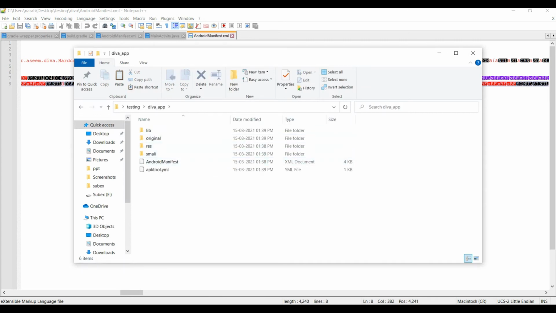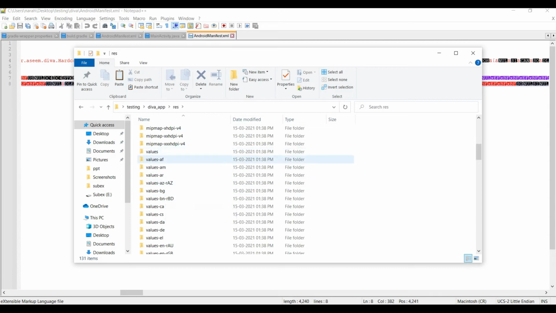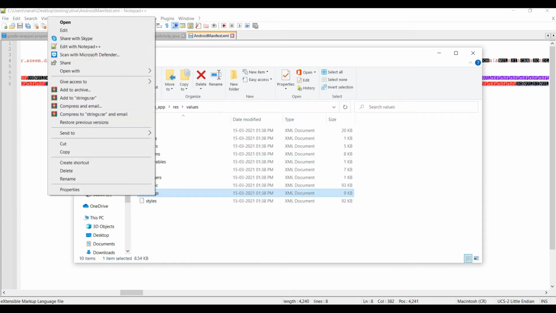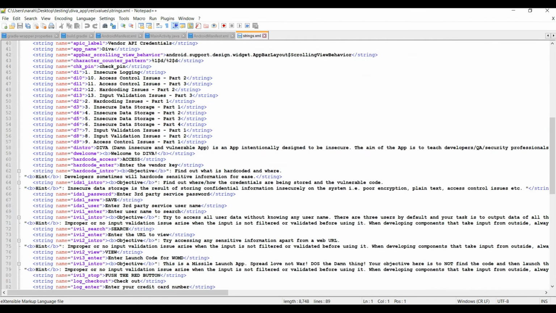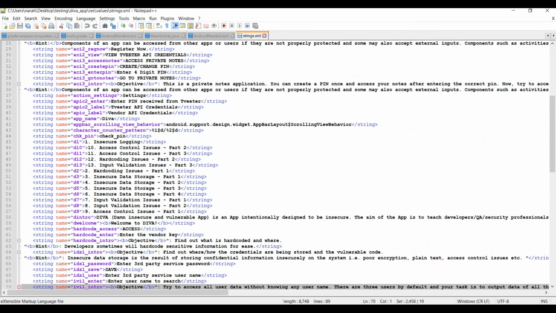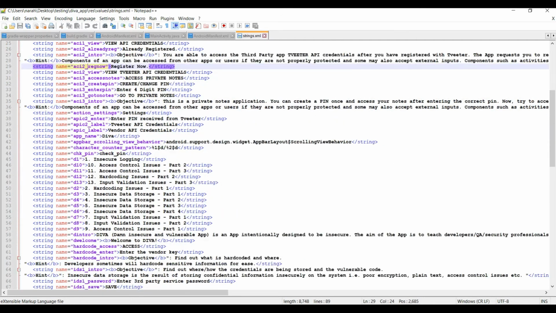After this, another thing is the values folder. The values folder is available in the resources folder. Inside the values folder you can see strings. Inside this you can also find some important information available in the application. I have already analyzed this application and nothing important was found inside. See here, nothing important was hard coded. So I will be showing you one application which I did manually.